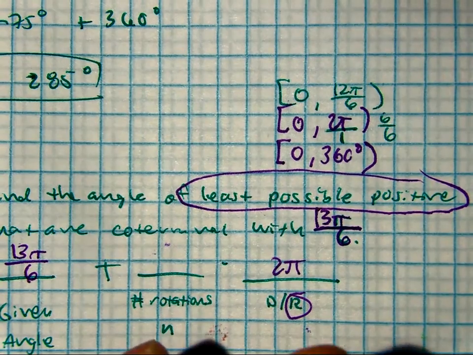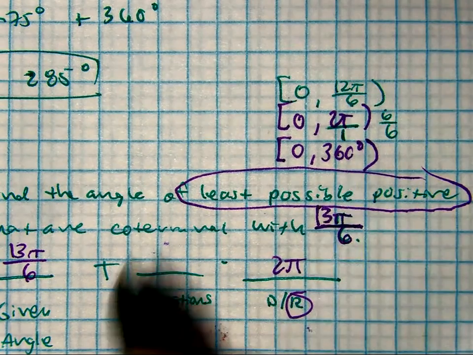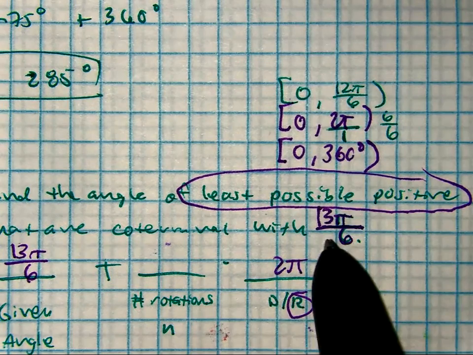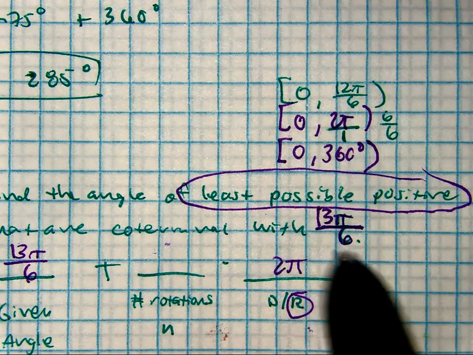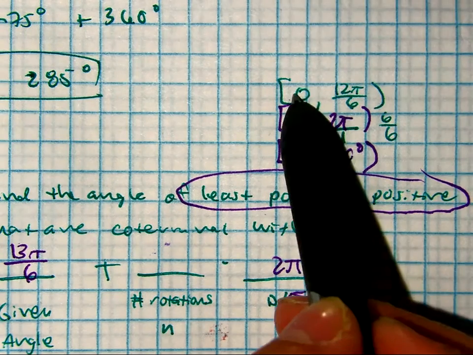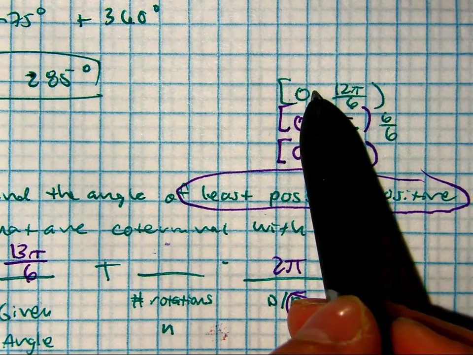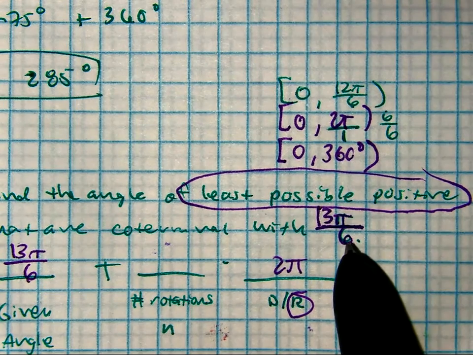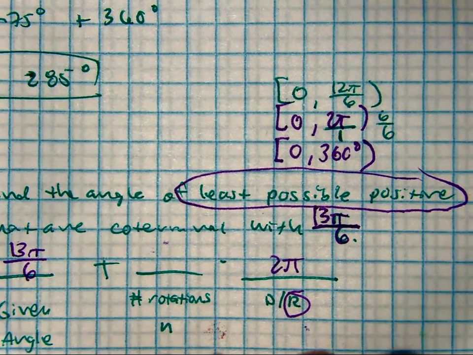So we already did ourselves some work. Class, I have a question. Is 13 pi over 6 between 0 and 12 pi over 6? No, it's not. This is 0, 1, 2, 3, 4, 5, 6, 11 pi over 6, 12 pi over 6. This is bigger, right? So 13 pi over 6